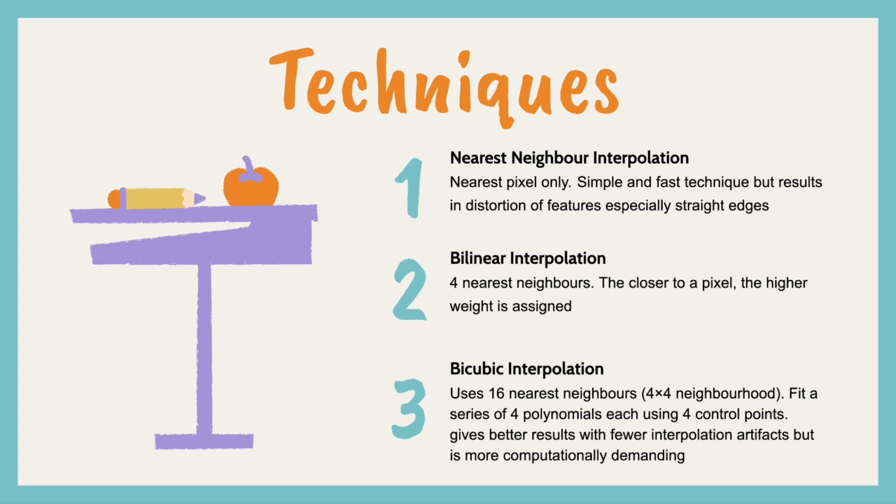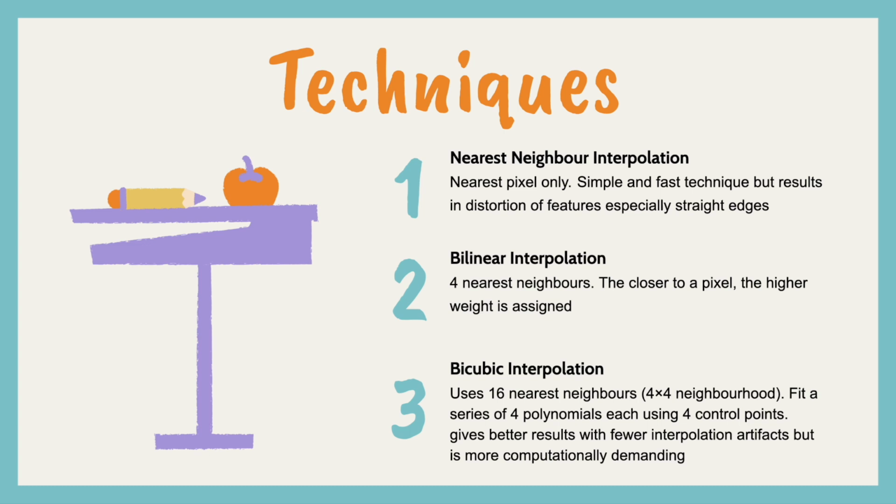So there are three techniques for image interpolation. There's many others, but for this video we're going to look at three. The first is the nearest neighbor interpolation. This is the simplest technique. It uses the nearest pixel only. It's a simple and fast technique, but it results in distortion of features, especially on straight edges. So basically you don't get as good of a result as you would, but it's much simpler and much faster